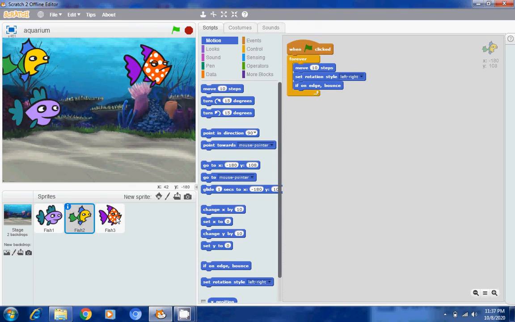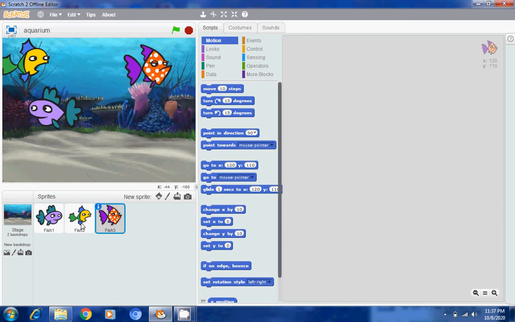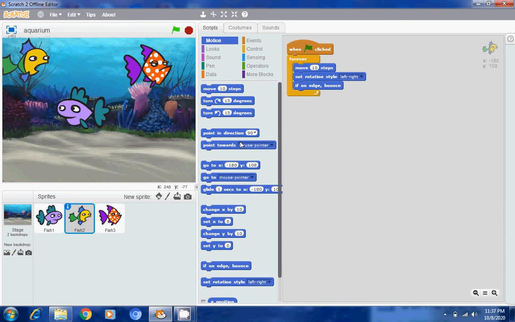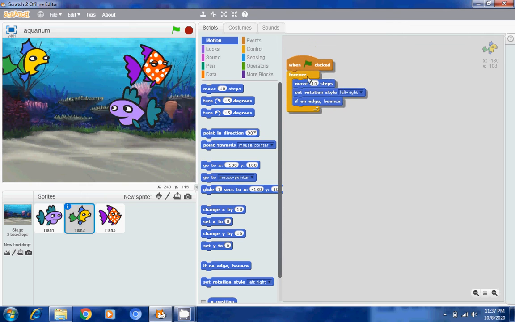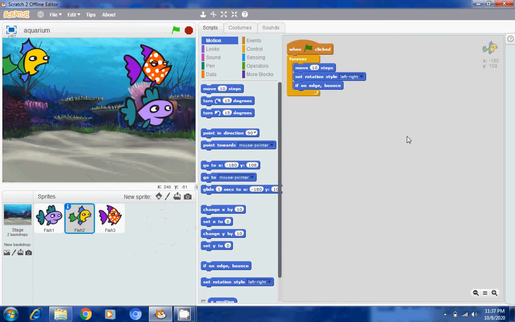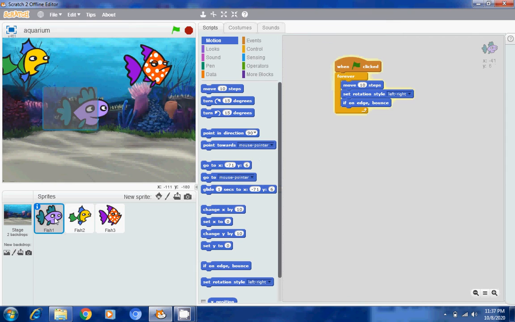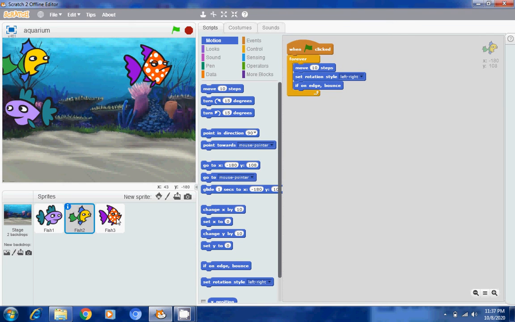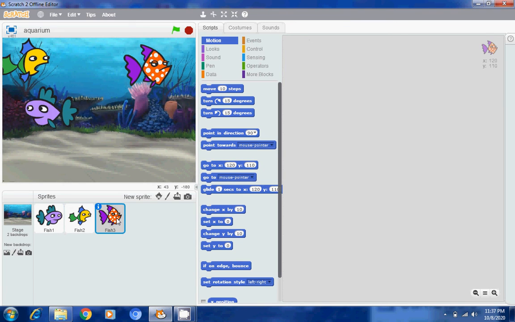Now we will check for fish 3, it's not coming. So I will go to fish 2 again and drag the same code over fish 3. Okay, so in fish 3 also this coding has come. Let's check by clicking fish 1 coding, fish 2 coding, fish 3 coding is there. Let's run it once and check it.